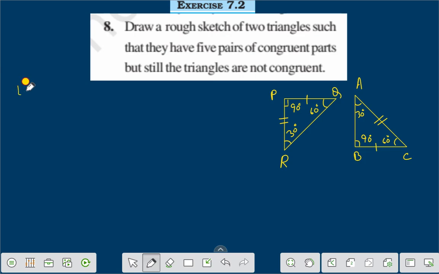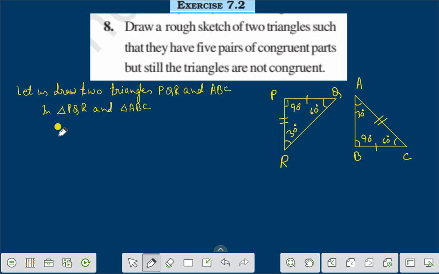Let us draw two triangles, PQR and ABC. In triangle PQR and triangle ABC